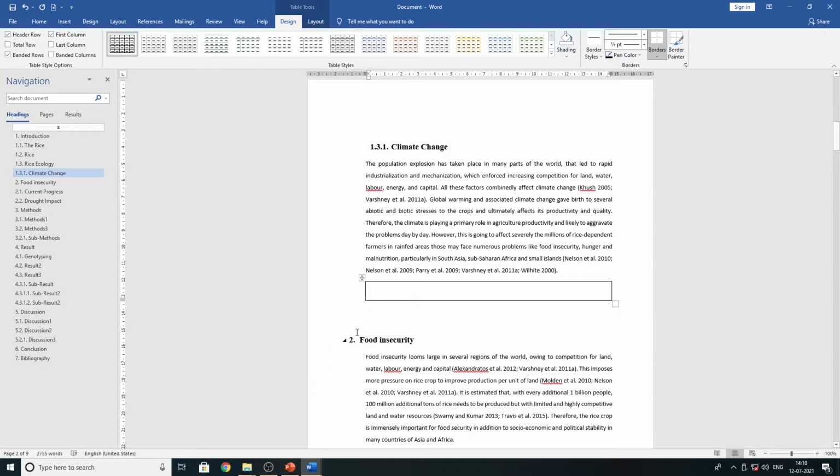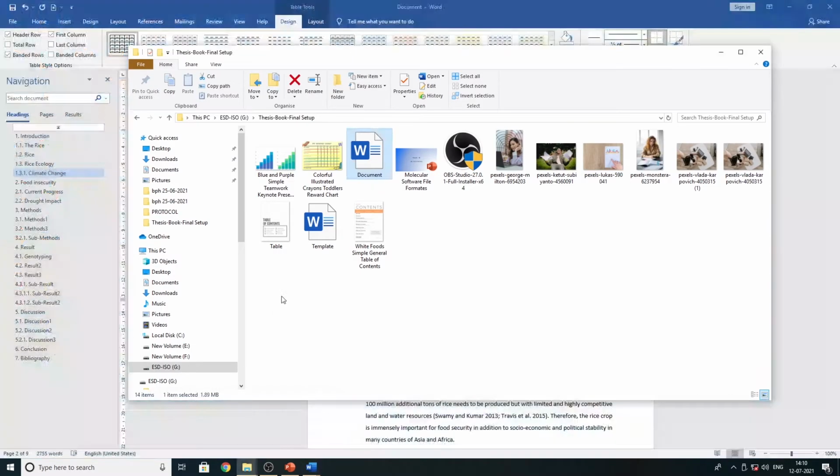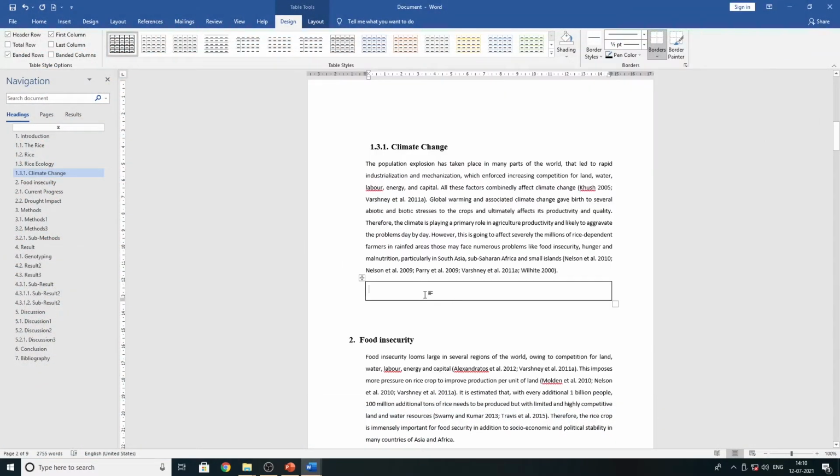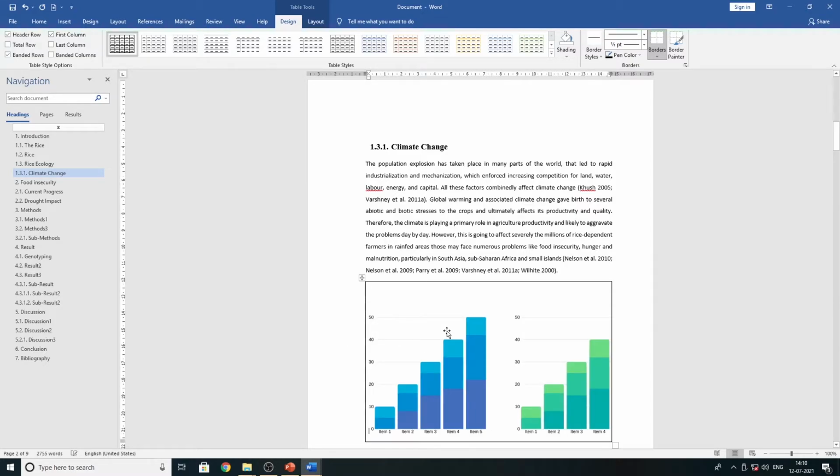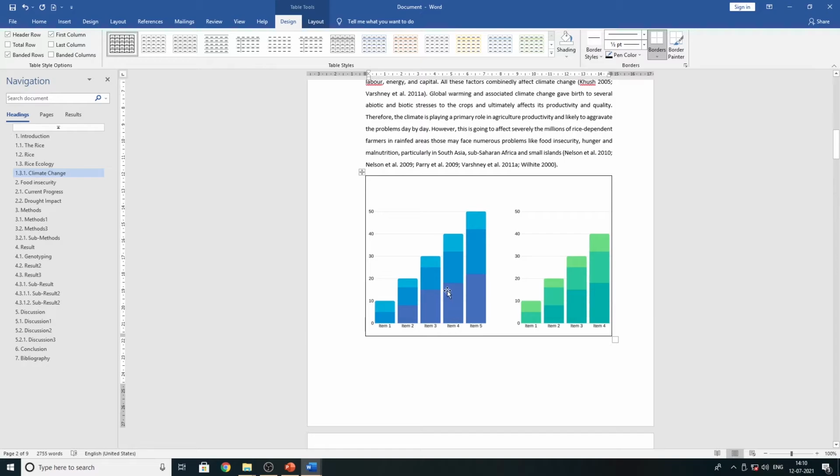Okay, so I'm going to copy the figure from my document and paste it over there. So figure 1, I'm going to right click and paste here. See, one figure is going to the right side, but this is not fixed.